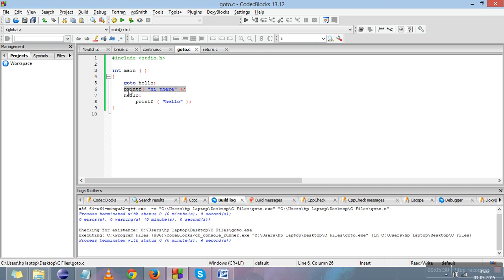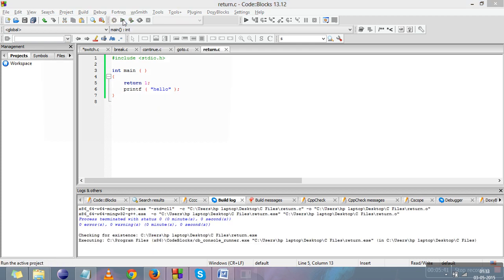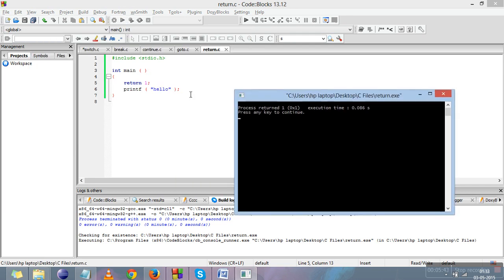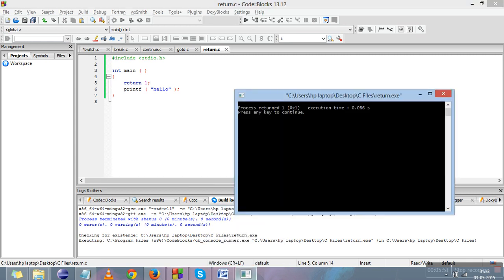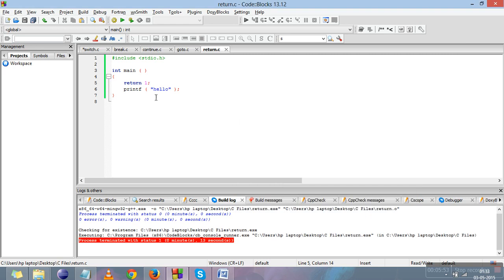Goto jumps from one statement to another by skipping the statements in between, and return is used to bring the control outside the program. When we compile and run this, you can see that hello is not printed because we have already returned 1, and it brings the control outside the program and no statement after that will be printed.